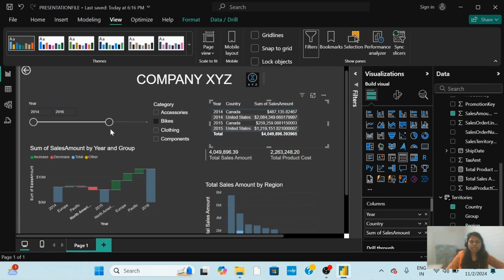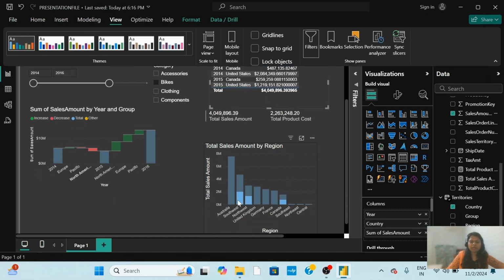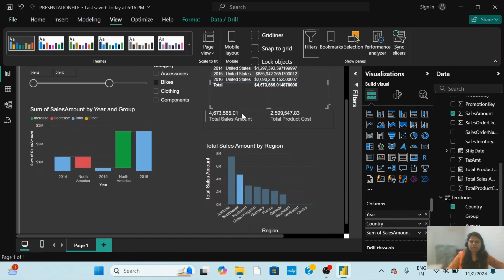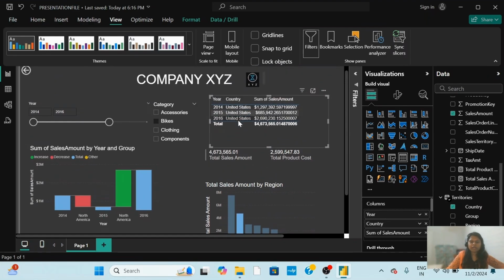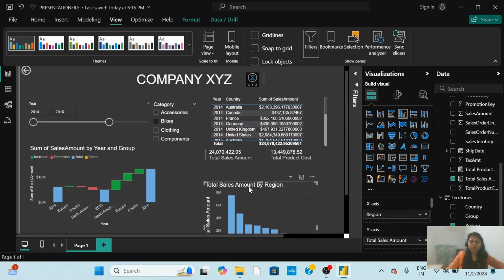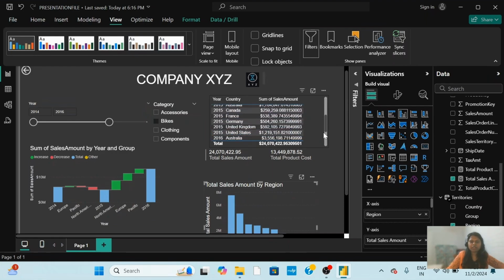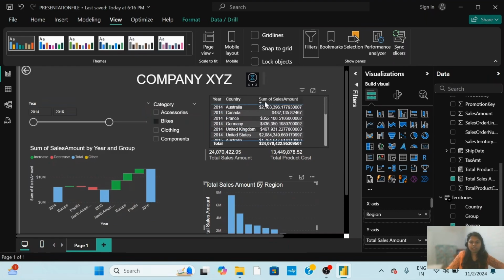So we can see that we have selected 2014 to 2016. So all the data is here by the region. As I've selected a region, it is only showing the data of that region. If I do not select that, all the regions, then all the data is there. But it is looking a bit small, so we can make changes